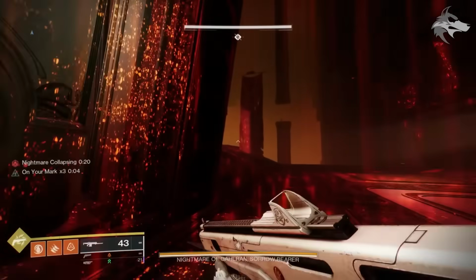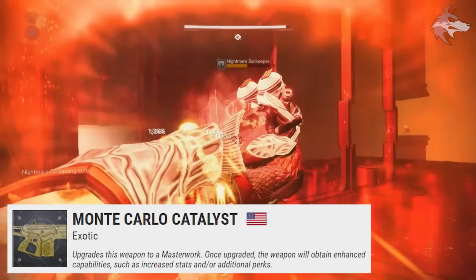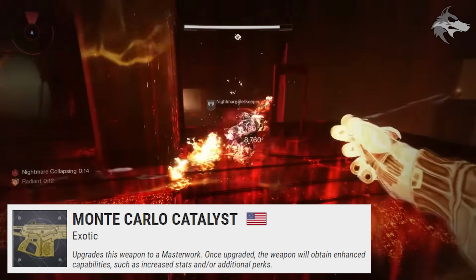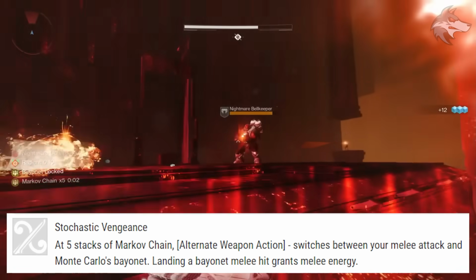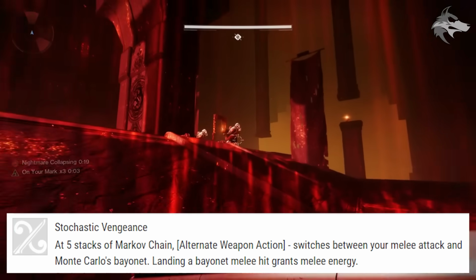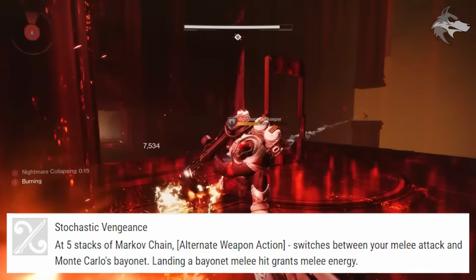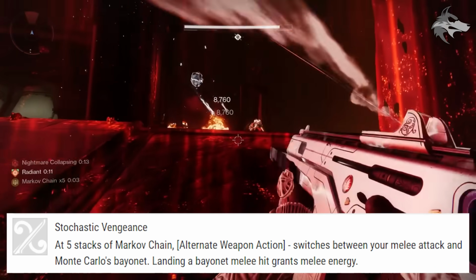And to briefly mention some other gameplay rewards for the season right here, of course we now have a Monte Carlo Catalyst, and at 5 stacks of Markov Chain, the alternate weapon action switches between your melee attack and Monte Carlo's bayonet, and landing a bayonet melee grants melee energy. So it's a pretty interesting new catalyst there, but in terms of acquiring it, it will drop in ritual activities,